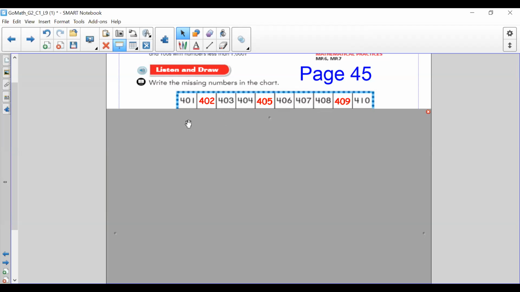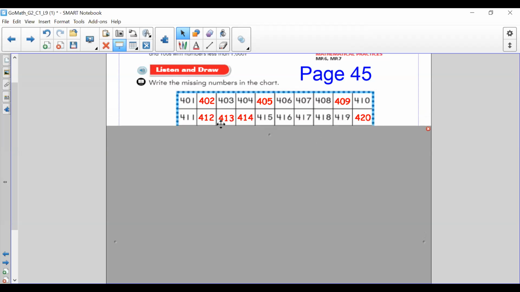Okay, if you said that the 0 in each one of these numbers is in the tens place, meaning that there are no tens in any of these numbers, then you were correct. And when we get to 410, we have a 1 in the tens place. So let's look down at the next line. These numbers are all in the teens. So we have 411,